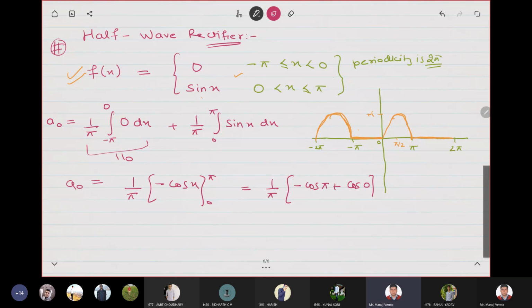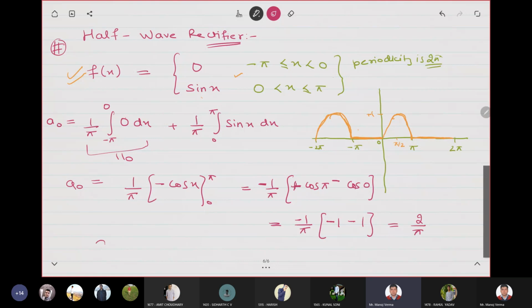कुछ गड़बड़ किया क्या हमने? ओके, सिंपल रखते हैं इसको, माइनस आउटसाइड मैंने बाहर ले लिया, माइनस कॉमन, और अब इसको प्लस cos पाई माइनस cos 0 रख लिया। नेगेटिव को मैंने बाहर ही कॉमन ले लिया, so it will become plus cos pi and minus cos 0. So cos pi is minus 1, will become minus 1 over pi. Cos pi will become minus 1 and cos 0 is 1. So it will become 2 over pi. Minus 2 into minus 1 will be plus 2, 2 over pi.